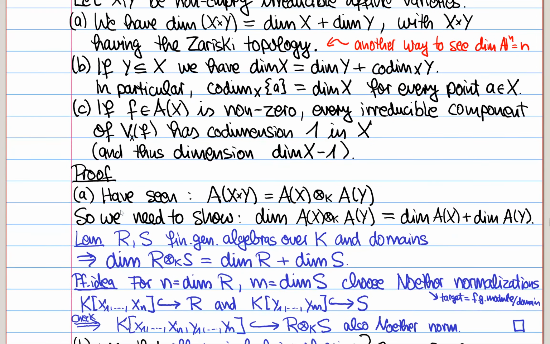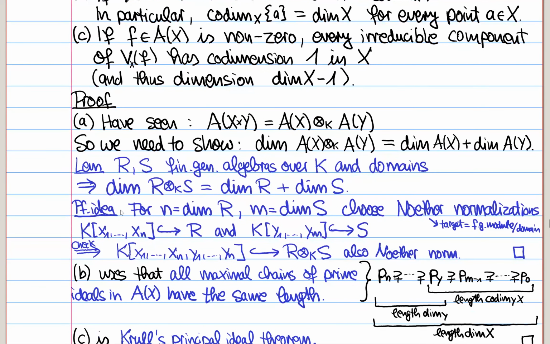For the second part, B, this uses a nice result, which says that in such a ring A(X), all maximal chains of prime ideals have the same length. So this means that if you have any chain of prime ideals which computes the Krull dimension of X, it would have such a length, and it would always have length dim X. And then what you do is you first look at Y and choose a collection of prime ideals of length dim Y inside